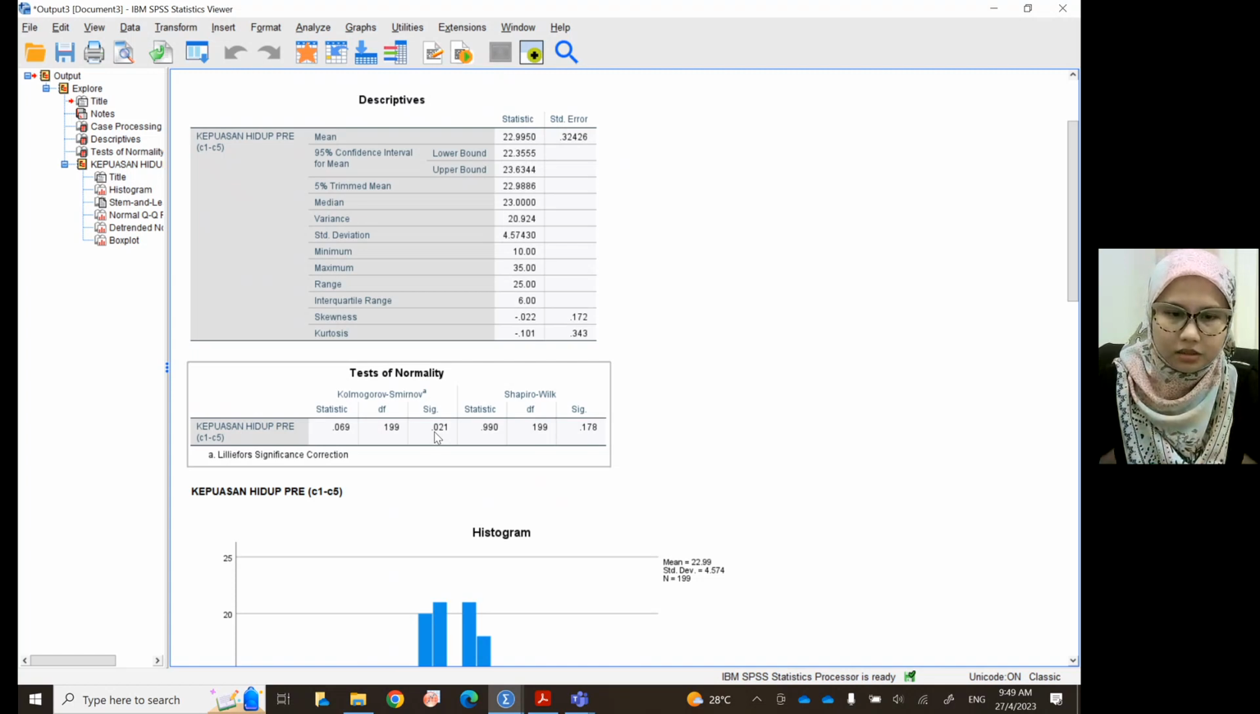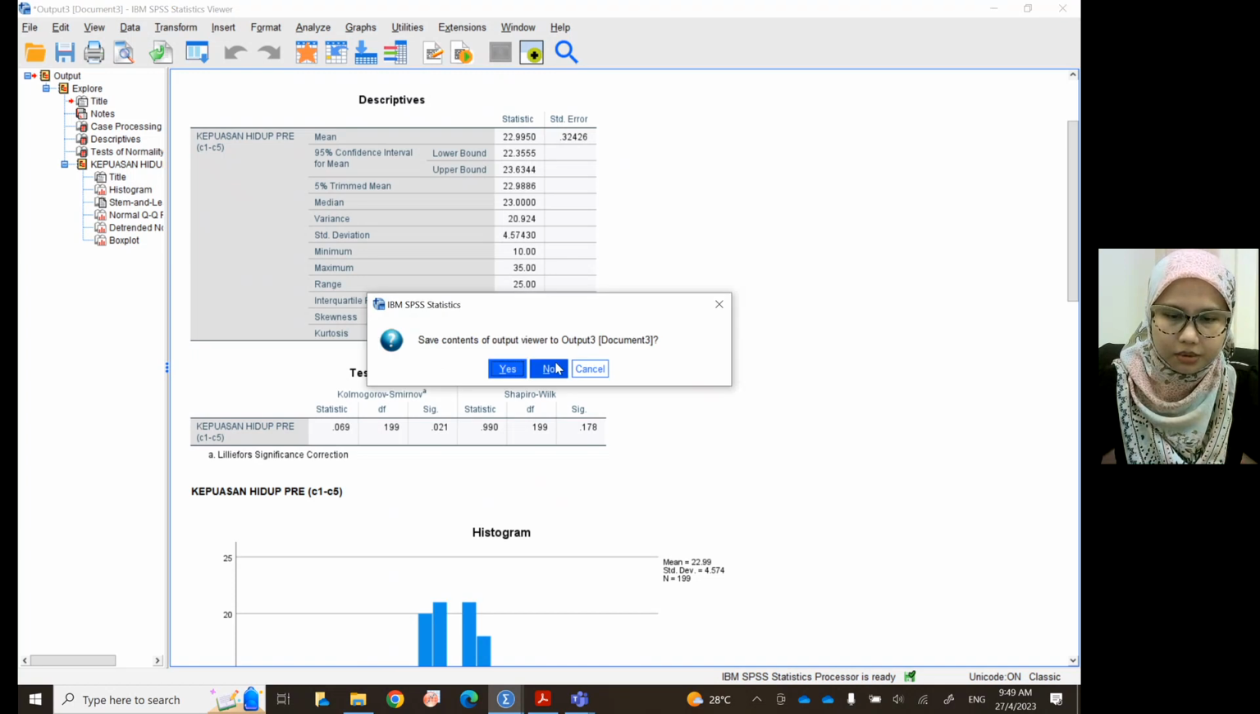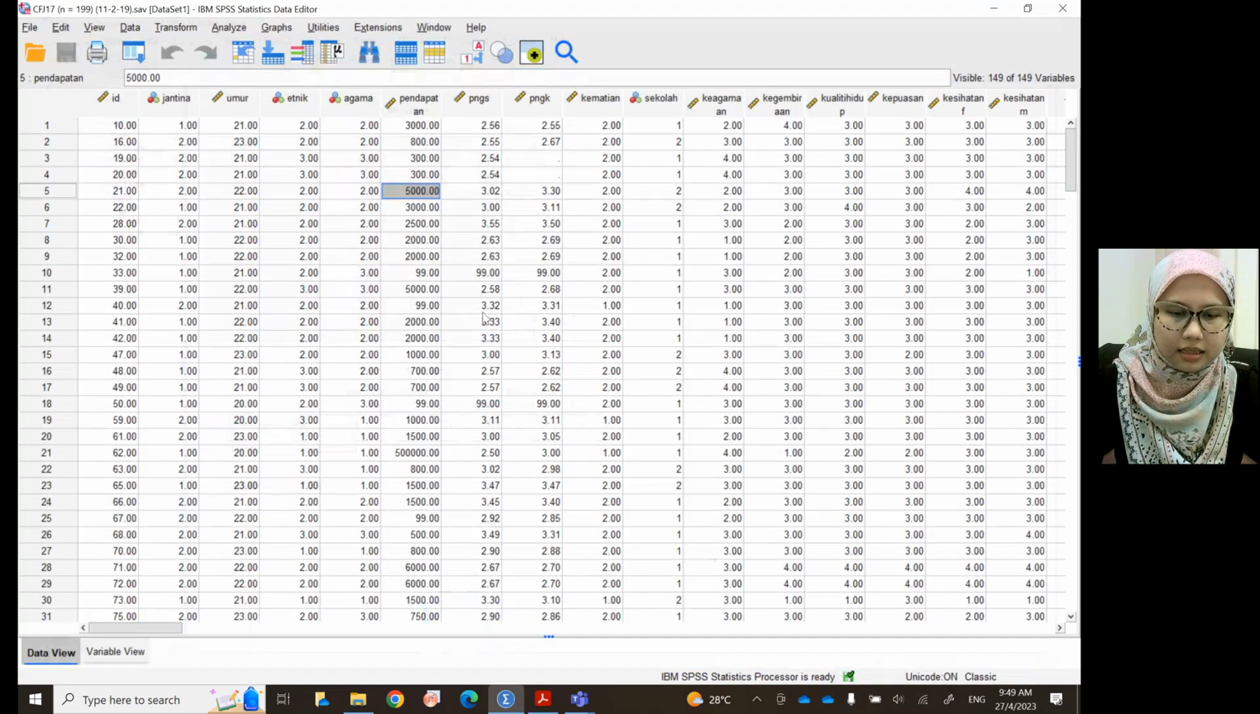Bear in mind. So let me close this output. I don't want to save it. Right now, today, we will take a look at the comparison or the differences in variables in which we should use t-test, for parametric analysis. So for t-test,